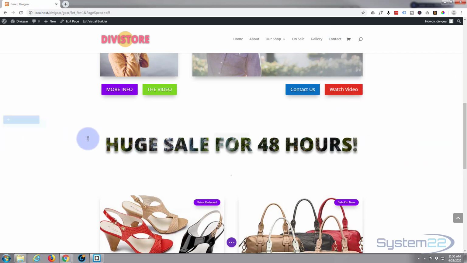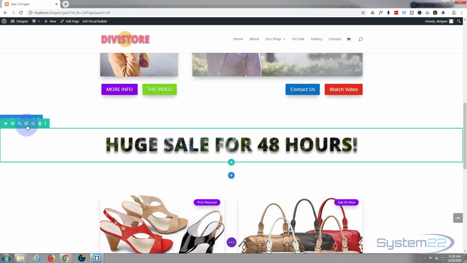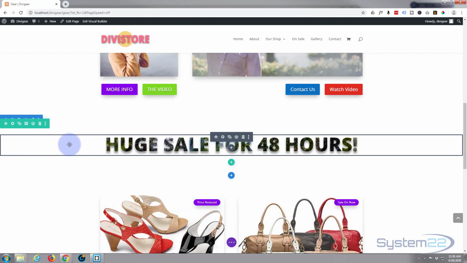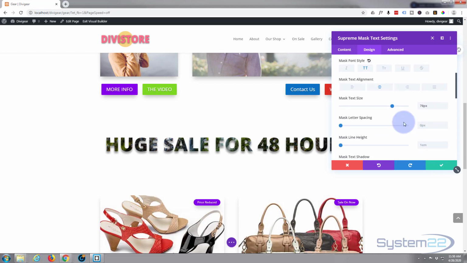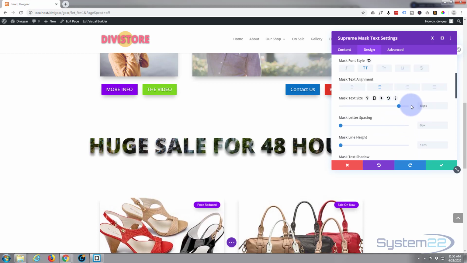If I save that, you can see that our row, the green tab, is now full width, which means we can make these letters even bigger. So let's do that. Let's go back into the module, go to design, to the mask text,